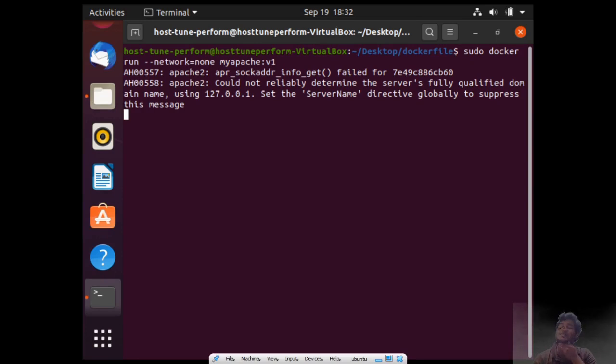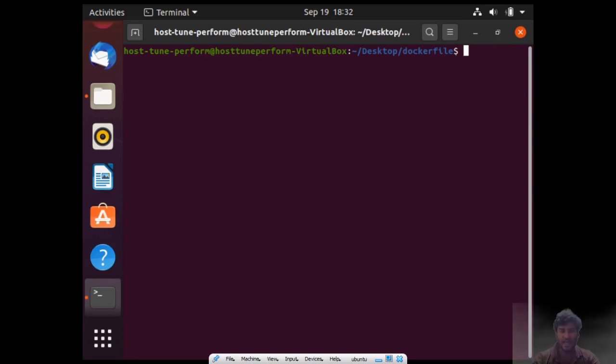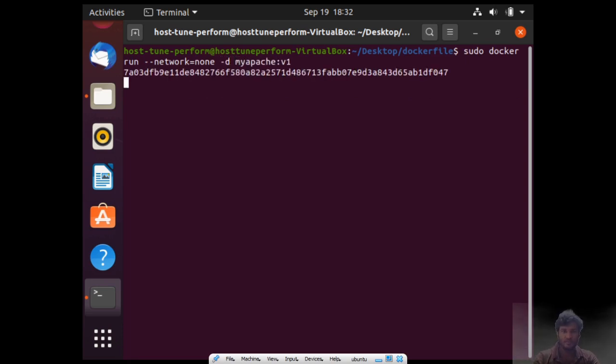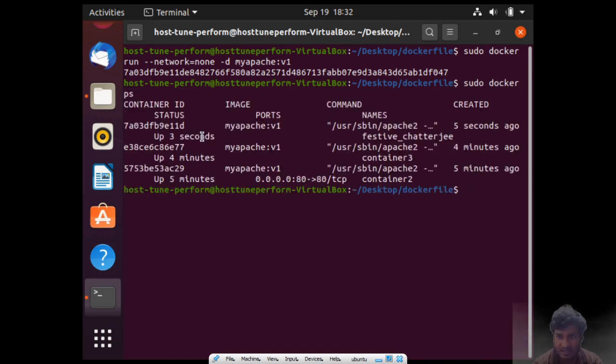So now this particular container is running in none mode and it does not have any IP address. Let me show it to you. Let me clear this and let me run this in a detached mode. So now sudo docker ps. This is the latest one, which is 5 seconds ago.